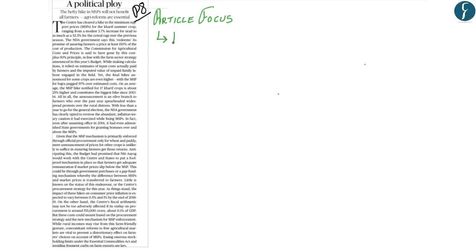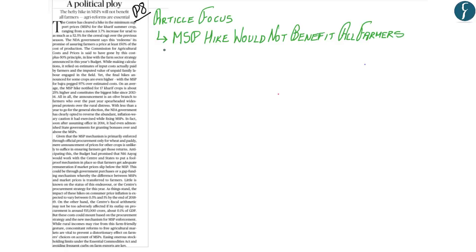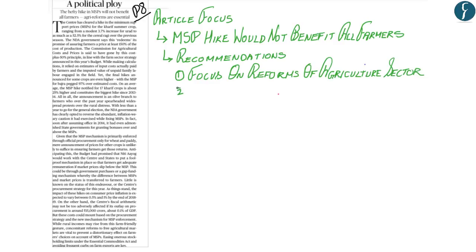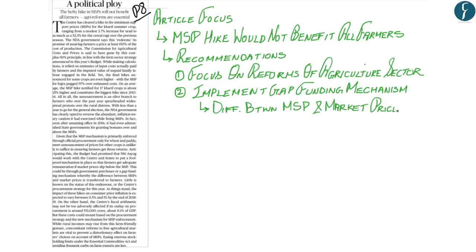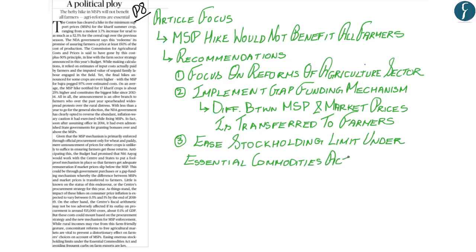Now according to this article, the MSP hike would not benefit all farmers. And within that context, the article has given various recommendations, wherein the first recommendation is for the Government of India to focus on reforms of the agricultural sector. The second recommendation is to implement a cap funding mechanism, wherein under this cap funding mechanism, the difference between MSP and the market price is transferred to the farmers by the Government of India. The third and the final recommendation is to ease stock holding limits under the Essential Commodities Act, and thereby allowing